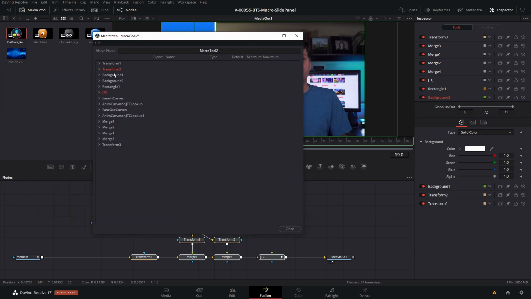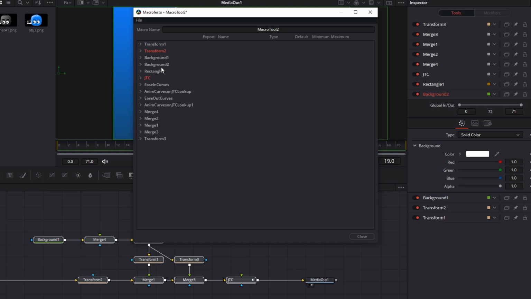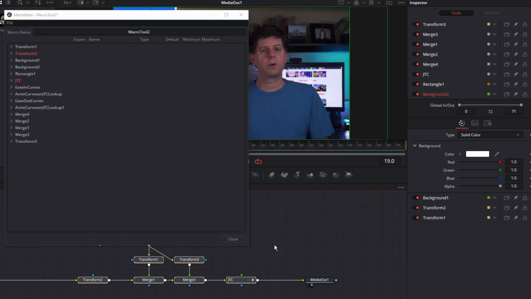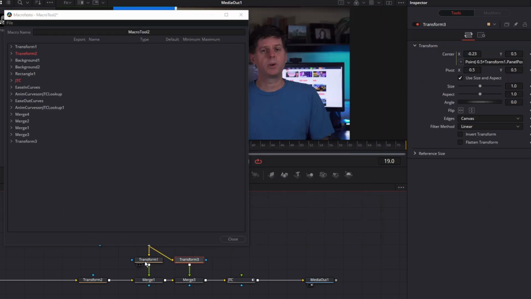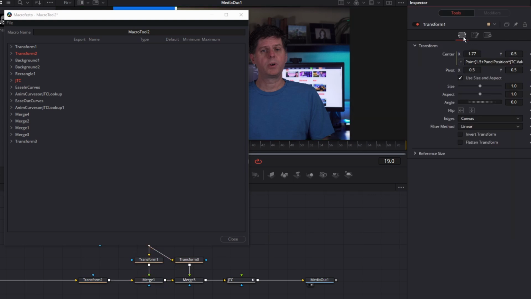Now you'll see that the controls are in the order that we selected them. So we have transform 1 and transform 2 and so forth. So let's take a look here. Let's click off of this. One of the nice things is you can click on these nodes to see what's going on. So for example, if we click transform 1 in the main panel here, and let's click transform 1 on here